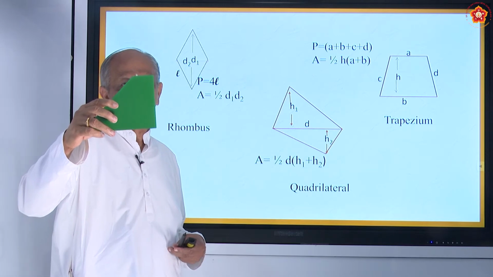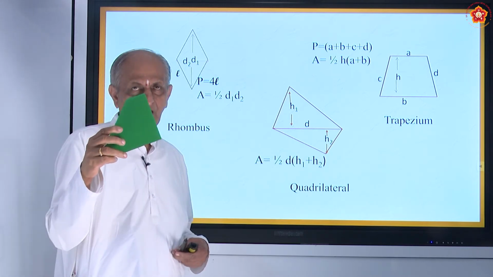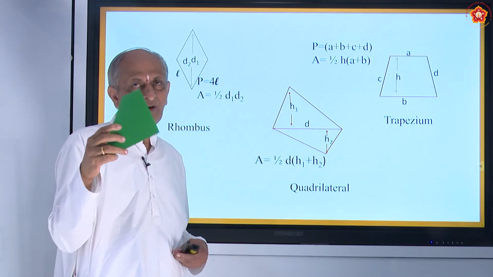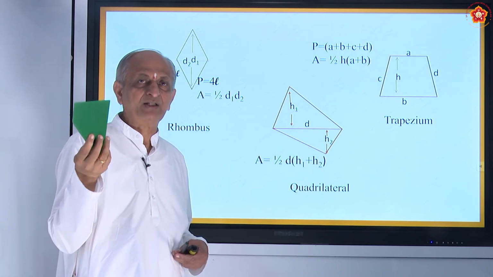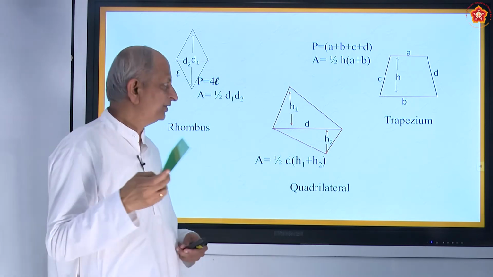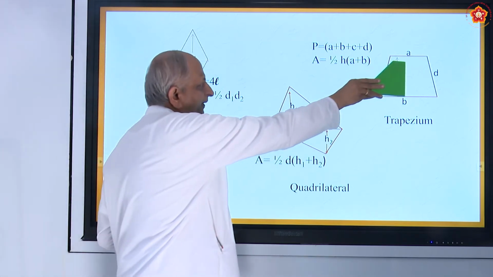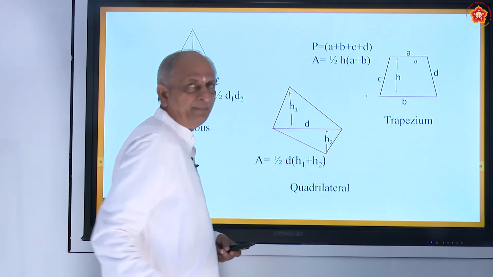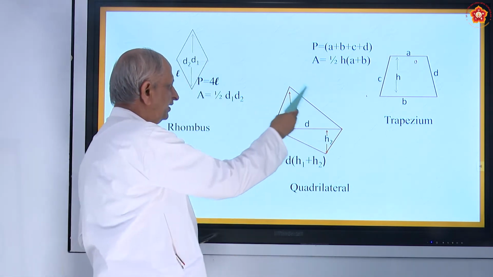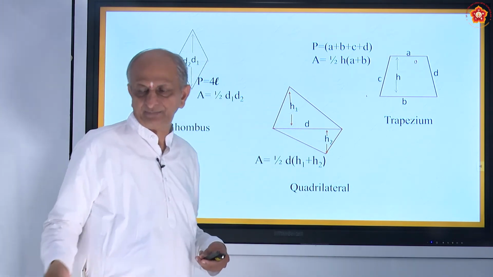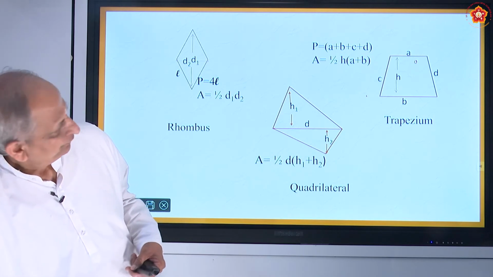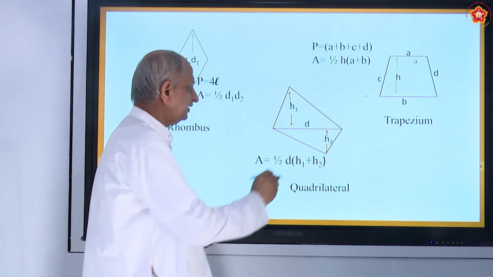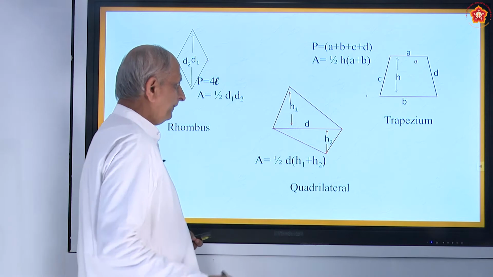And of course again you can say all trapeziums can become quadrilateral, but all quadrilaterals need not be trapezium. So here in a trapezium you have one set parallel to each other, one pair of opposite sides. Here there are no rules, it can be anything. So a quadrilateral is again a